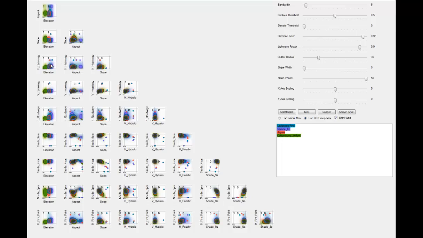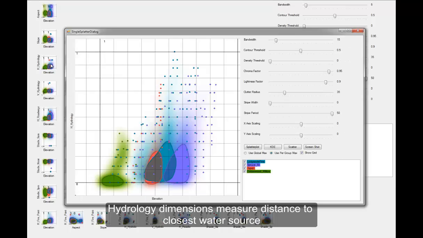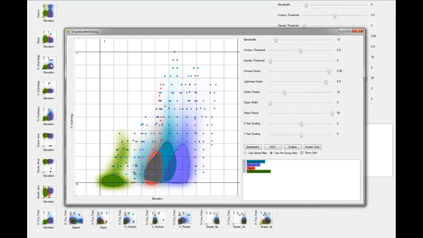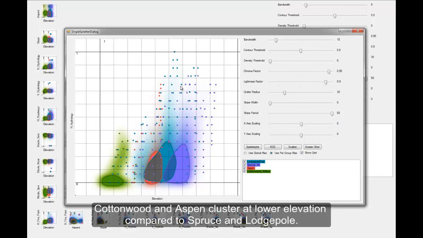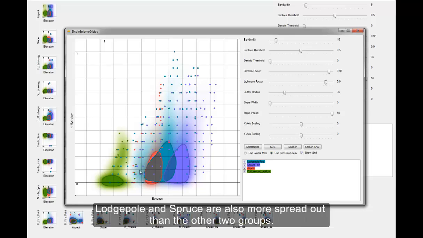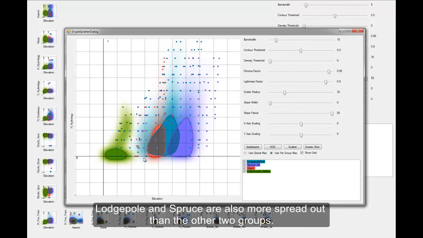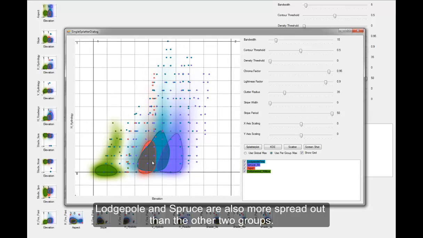Let's take a closer look at the elevation versus horizontal hydrology plot. Here we can see the separation more cleanly. Aspen and cottonwood tend to cluster at lower elevations than lodgepole and spruce. Also, notice how both spruce and lodgepole are more spread out than the other 2 groups, both in the elevation